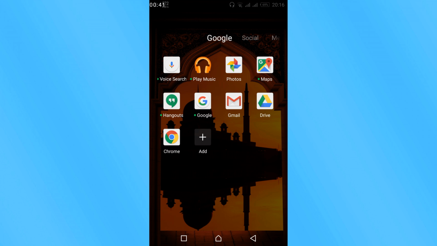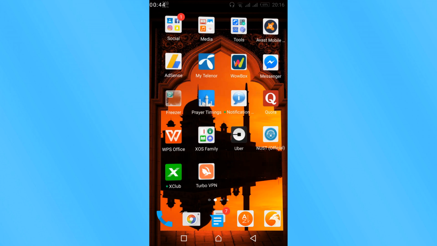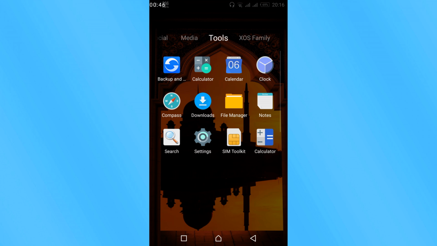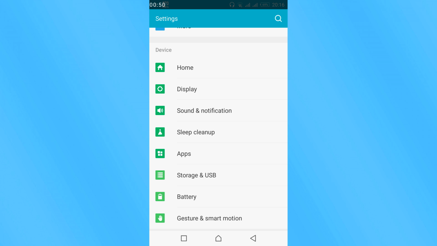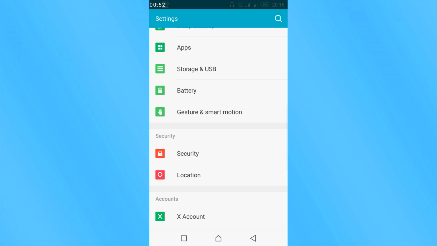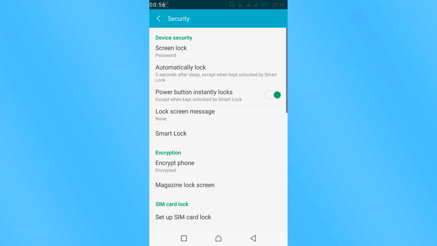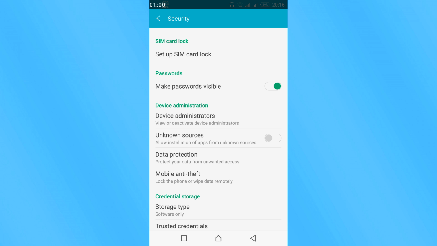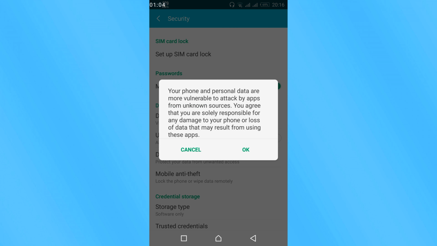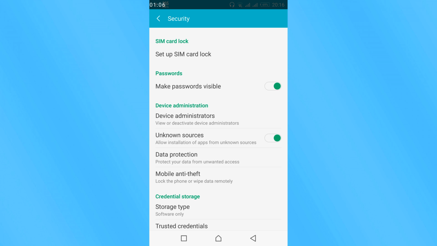Meanwhile, what you can do is just go and open your mobile settings. Here scroll down below and go to security. Here it is, security, so just go and tap on it. And here just scroll down below, and here just go and turn on this unknown sources. So just go and turn it on, allow it. Once you have done so,